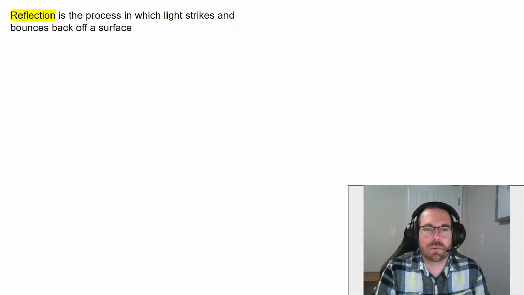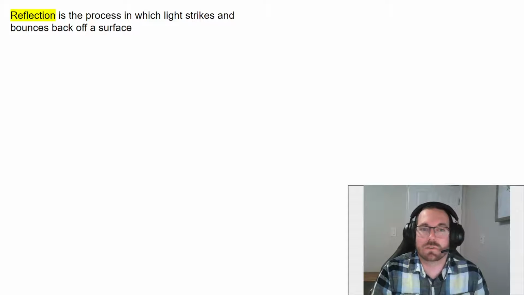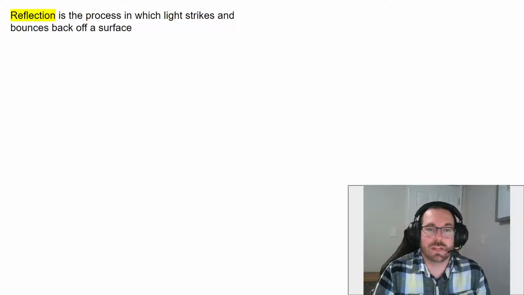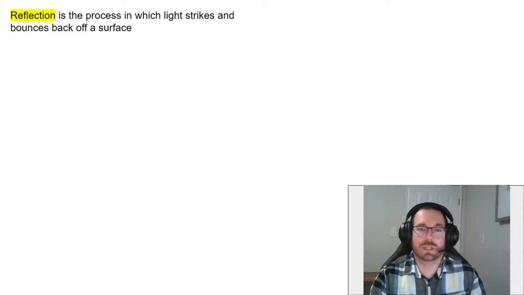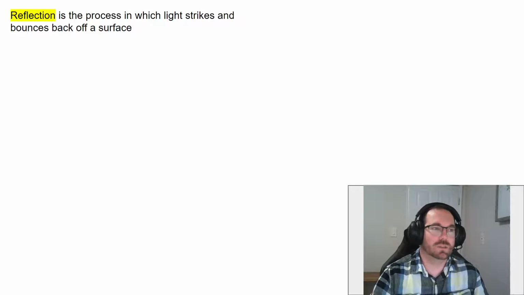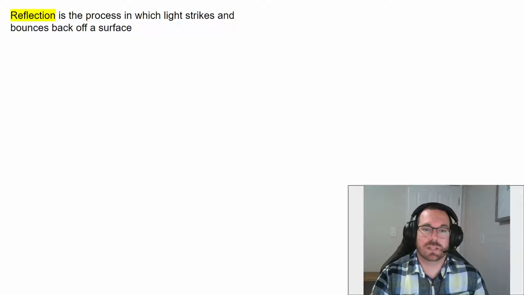How can the same process cause such different results, though? Is reflection from a printed page the same process as reflection from a mirror, or are they different altogether? Can we find one model of reflection that can explain both situations? Well, the answer is yes. One model can explain both situations.